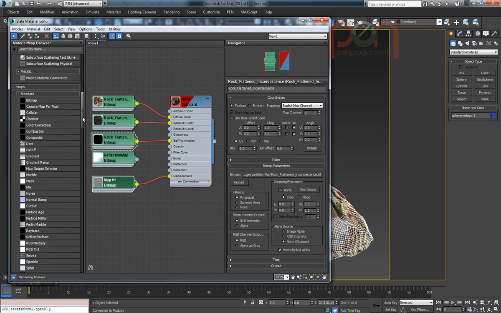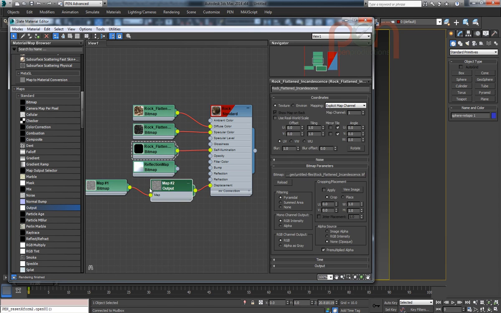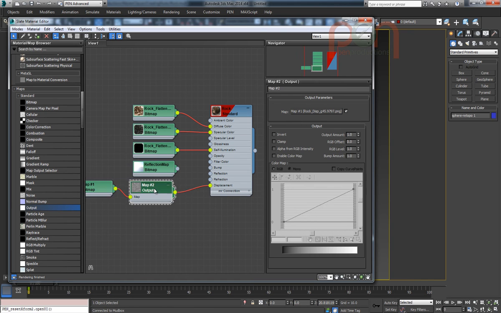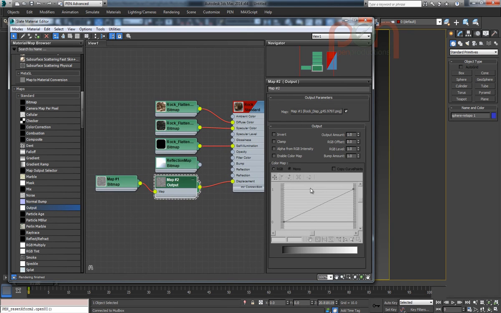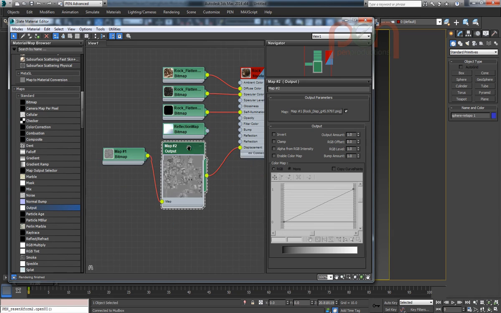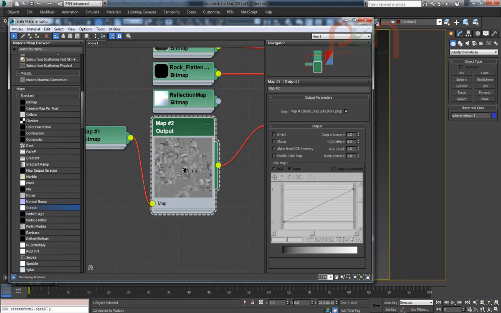What we're going to do is just roll down and find an output. There it is, the output, and drop it on the input of the displacement map. And I'll go into it and open up the output settings. Now in here we could even play around with a few things. We could enable color map, we could color correct it and push and pull its values a bit, maybe add some contrast if we need to. But more importantly, there's RGB offset. And if we look at the output of this map in the final result here,